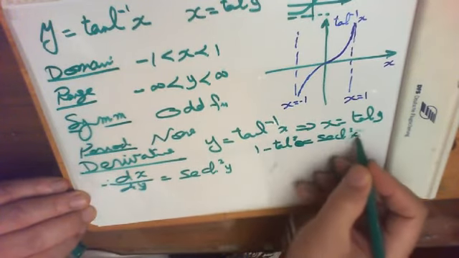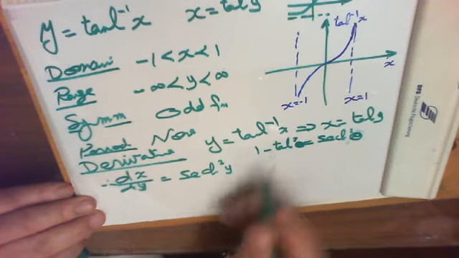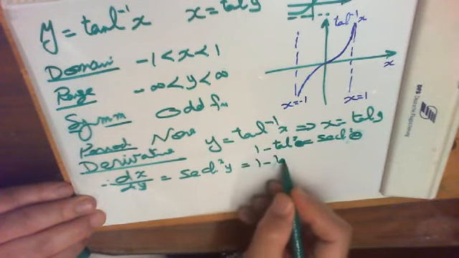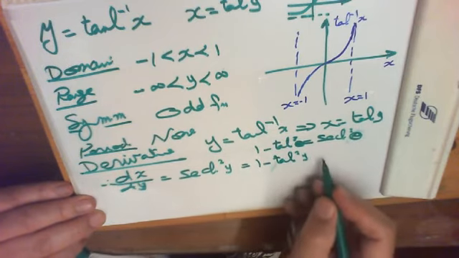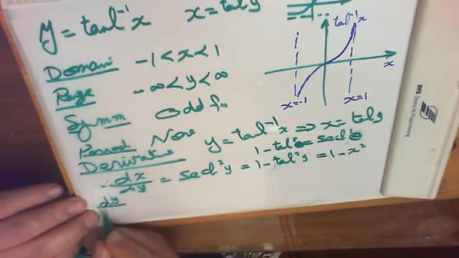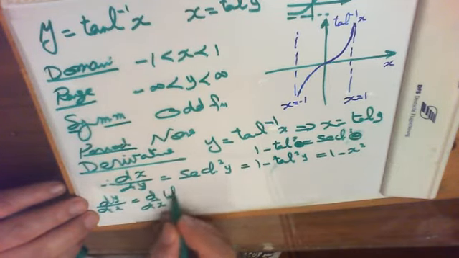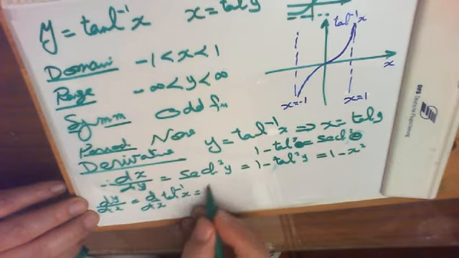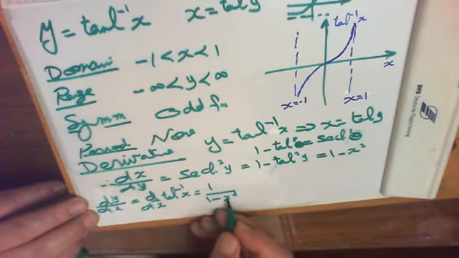So I can replace sech squared by 1 minus tanh squared. But tanh y is x, so it's 1 minus x squared. So dy by dx, or in other words d by dx for tanh minus 1 x equals 1 over 1 minus x squared,